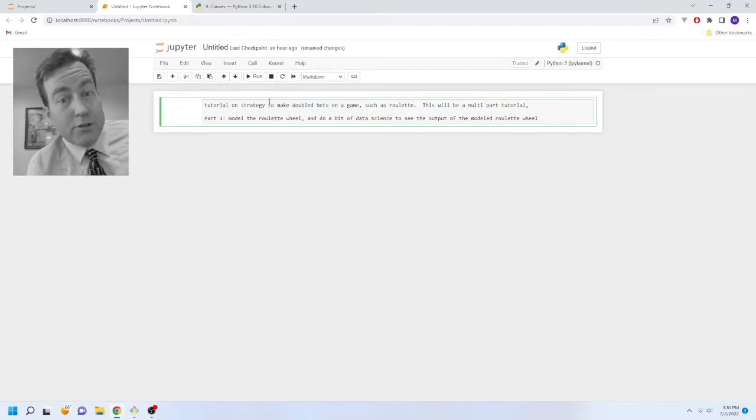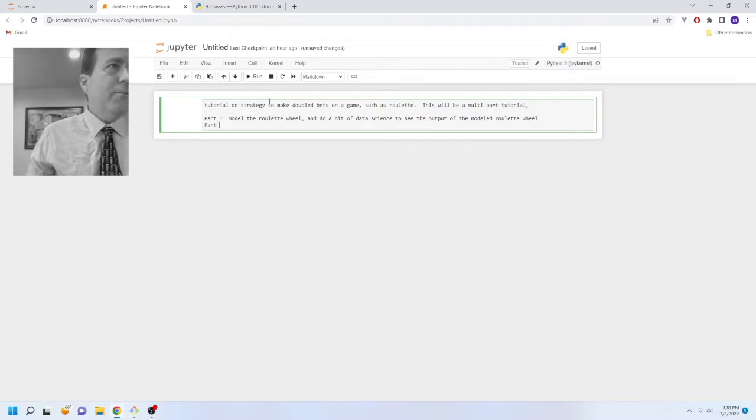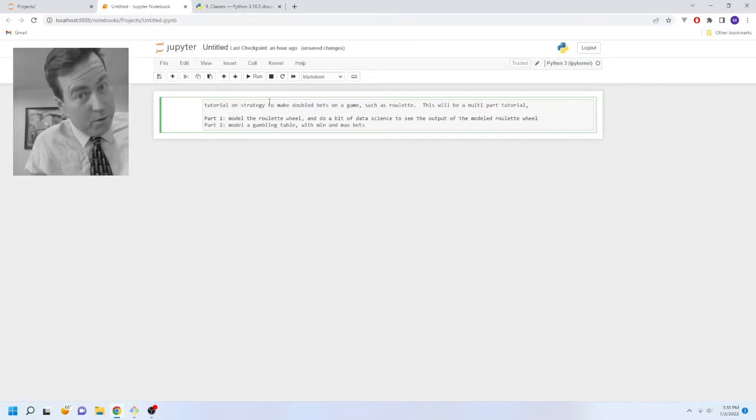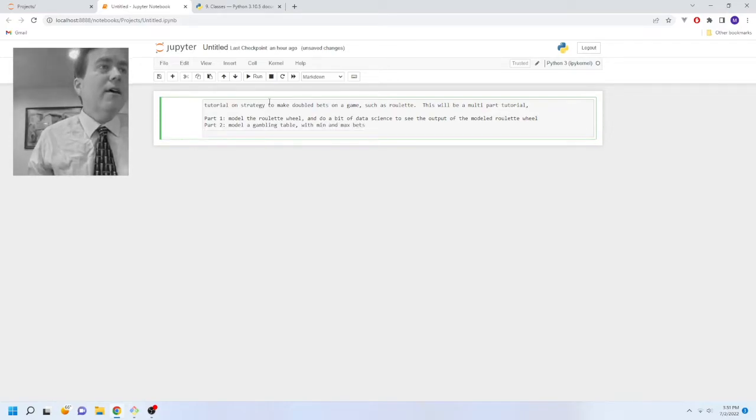Part two will be to model a gambling table with min and max bets, which becomes important on the strategy of doubling bets. And part three will be to model the bet structure and try to model 1,000 people doing thousands of bets and see what kind of graphs and data we can